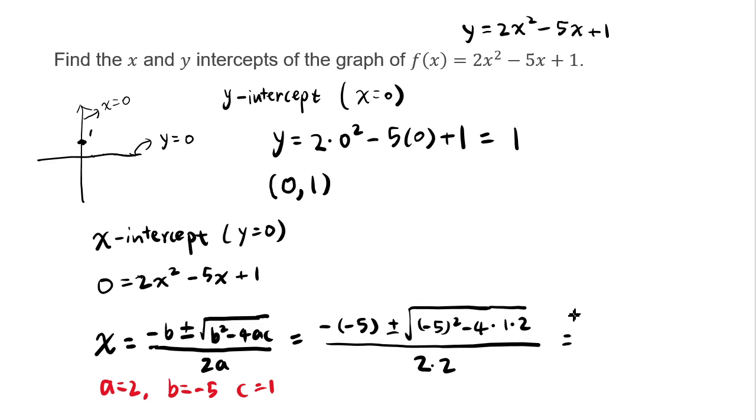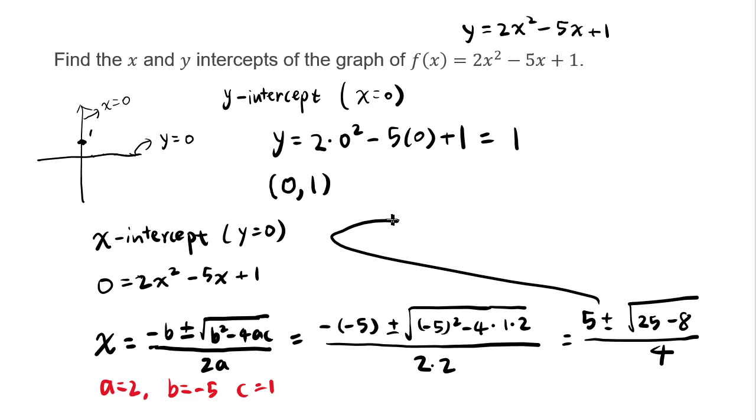Negative of -5 is 5, plus or minus the square root of -5 squared, which is +25, minus 4 times 1 times 2. 4 times 2 is 8, so it's -8, over 4. And 25 minus 8 is 17. So you get the following answer. You get x equals 5 plus square root of 17 over 4